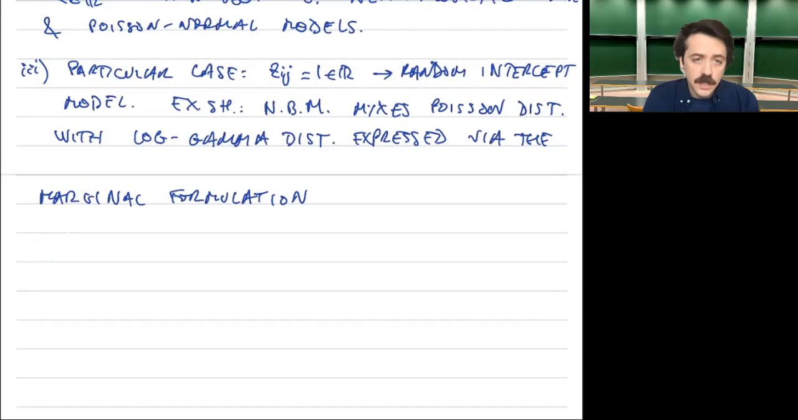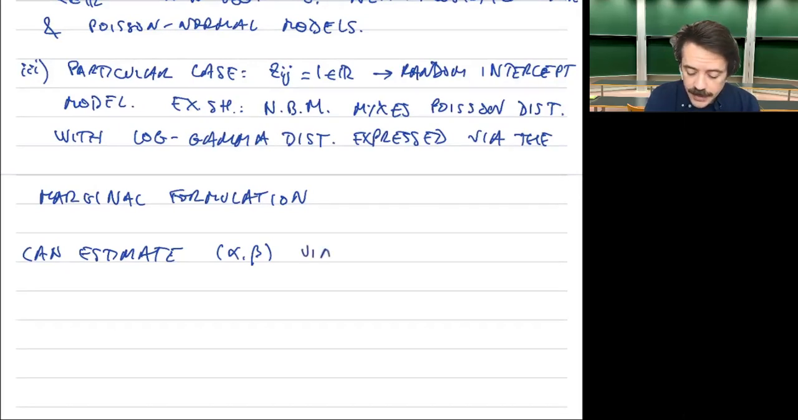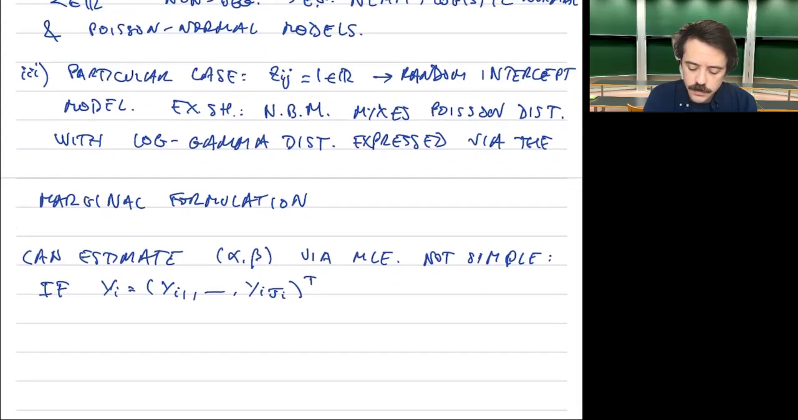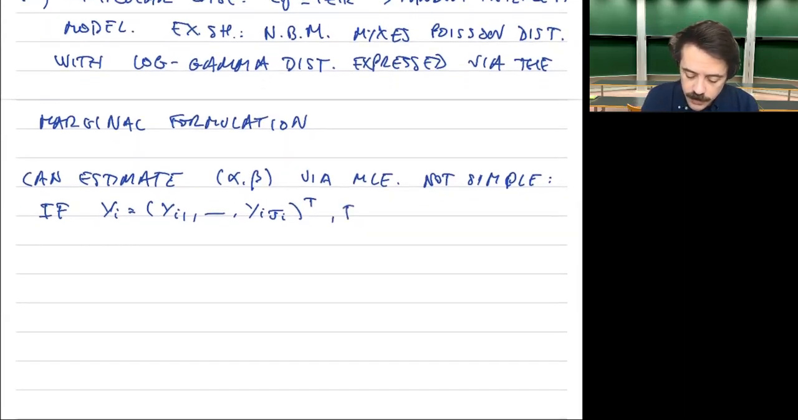So how do we do estimation? We can estimate the two parameters that we have, alpha and beta, via MLE. Now, however, this is not simple actually, and let me show you why. Let me denote by y_i precisely the set of responses that correspond to the ith group. Then